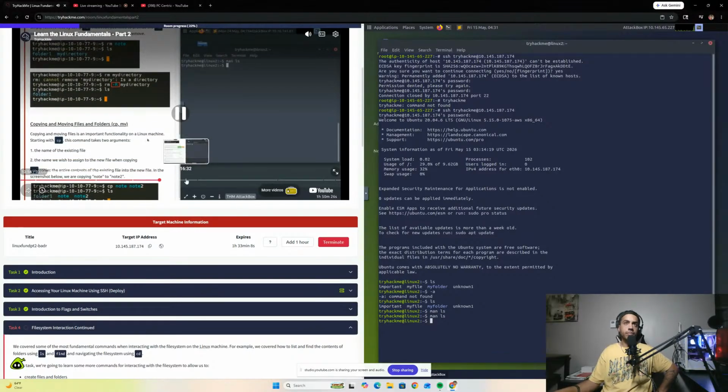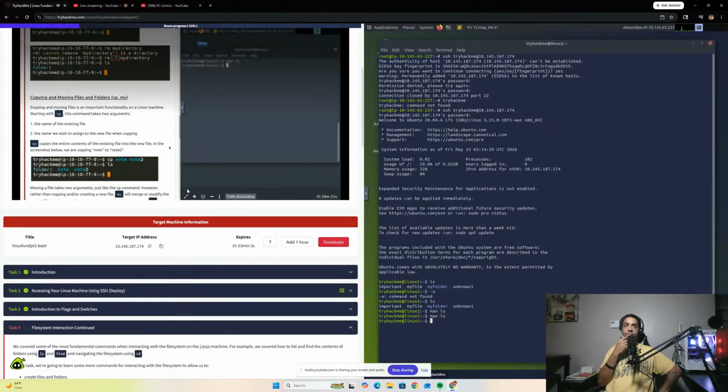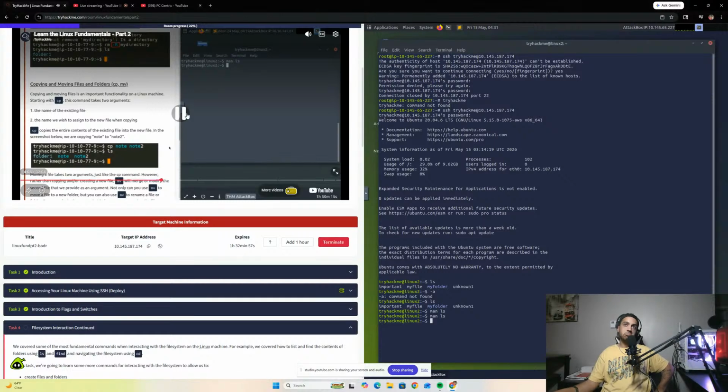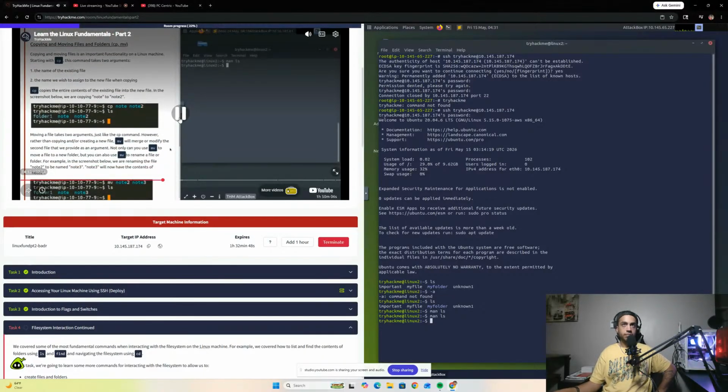Oh, okay. Copying and moving files and folders with cp and mv. Copying and moving files is an important functionality on a Linux machine. Starting with cp, short for copy, this command takes two arguments: the name of the existing file and the name we wish to assign to the new file when copying. cp copies the entire